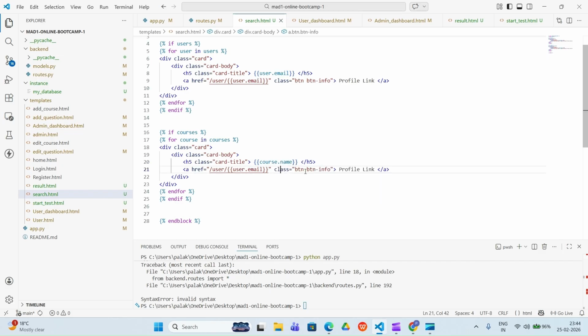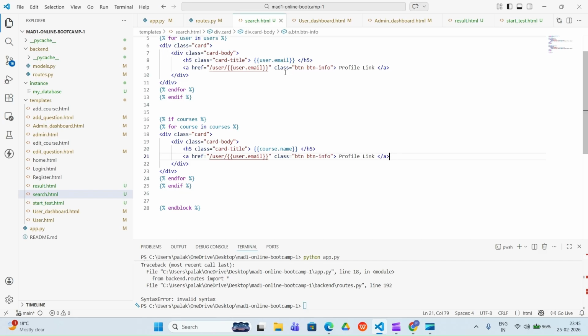Okay. And after that we need to just give here edit course. So you can check what are the things you need to give. Either you can make one HTML page which contains everything about the course. You can name it view course, and create one template named view course and give the link of that view course here. But what I can do is I can give here the edit course link also, because edit course link has all the data of a particular course in it, and if admin wants to change it, he can change it. So we can give that edit course link here.